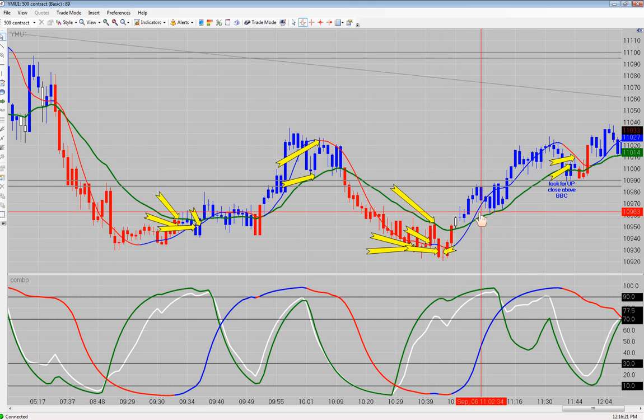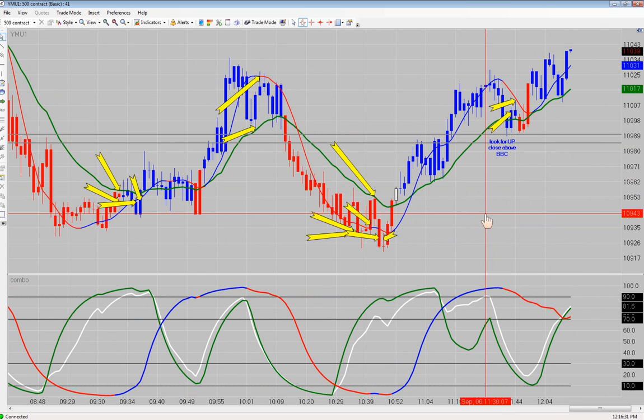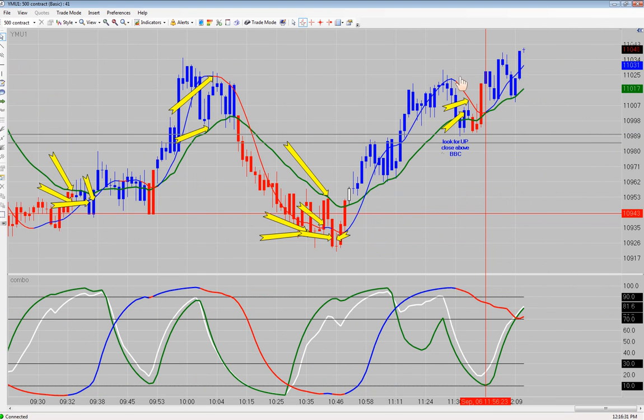Then we had our bullish cross here. Alright, I didn't take this trade right here, the first pullback. I didn't take that because it was going into the weekly trading zone, and the Dow at the time was down about 290 points. Now over here,